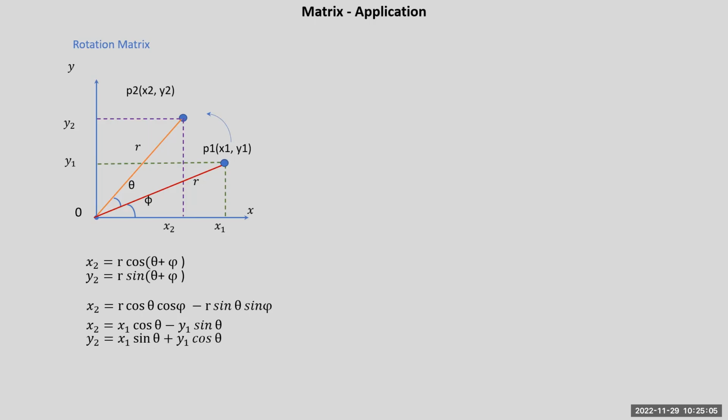Similarly, you can obtain y2, which is x1 sine theta plus y1 cos theta. Now it looks like a simultaneous equation and can be represented in matrix form. Here, this parameter matrix, which is expressed in terms of sine and cos theta, operates on an input point represented as a vector with two components x1 and y1,